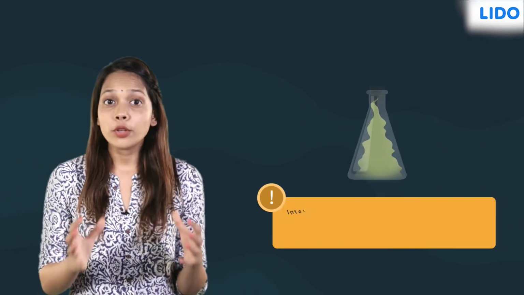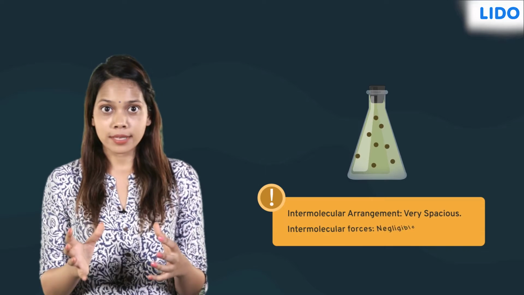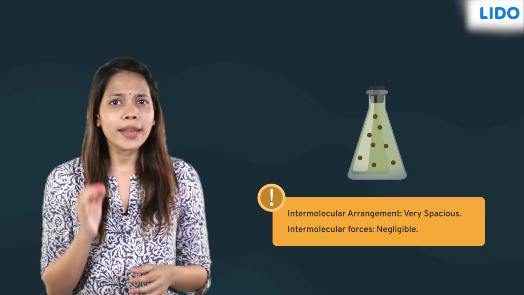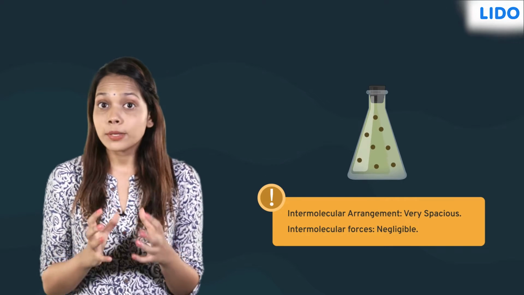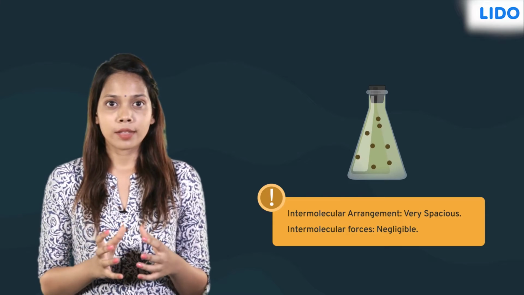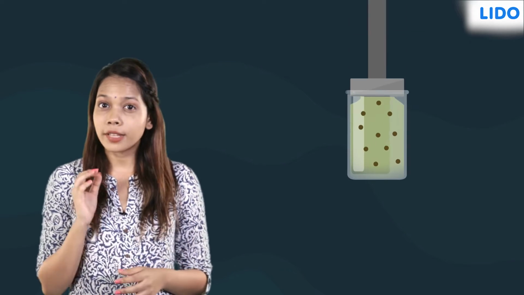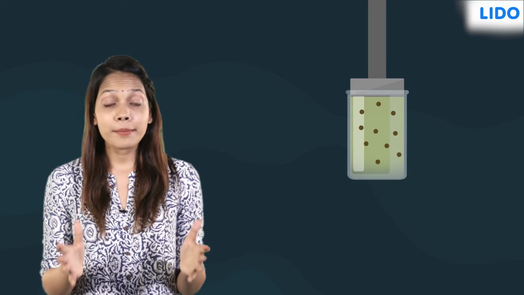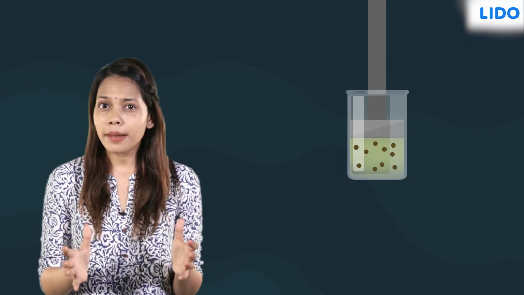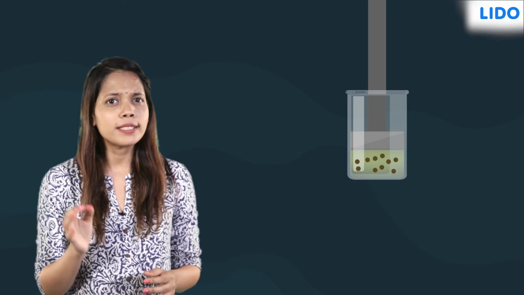Gases are free to roam as they please. The intermolecular arrangement of these molecules is very spacious with a very tiny force of attraction between the molecules of the gas. The particles have more freedom to spread and are not even held back by gravity. This also means that they have no definite shape and take the shape of the container that they are stored in. They can be significantly compressed by applying pressure, unlike solids and liquids which have fixed volumes.